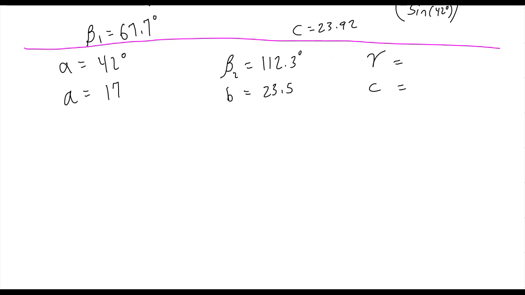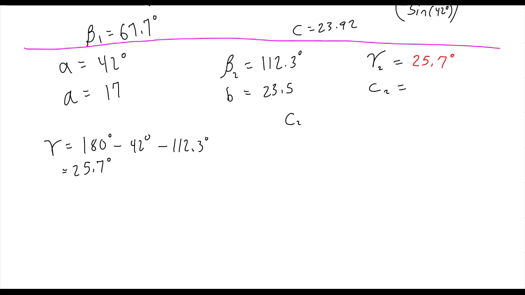To find gamma, if beta, although it's beta 2 now, were 112.3 degrees, I would subtract 180 degrees minus 42 degrees minus 112.3 degrees. And that comes out to 25.7 degrees, so that's going to be gamma, 25.7 degrees. And if that's gamma, I can find C2